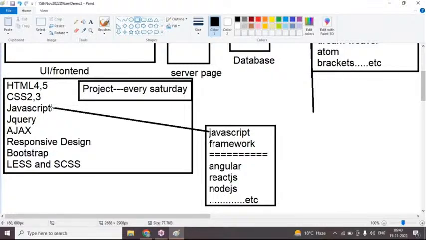Okay, here I'm discussing frameworks. Those framework classes are Angular, React, Node, any framework we can use here to develop our output. Next one here,